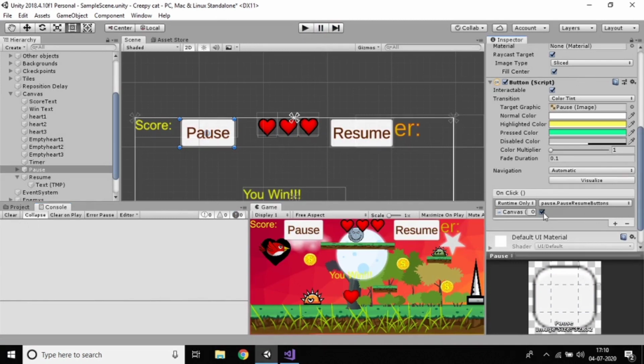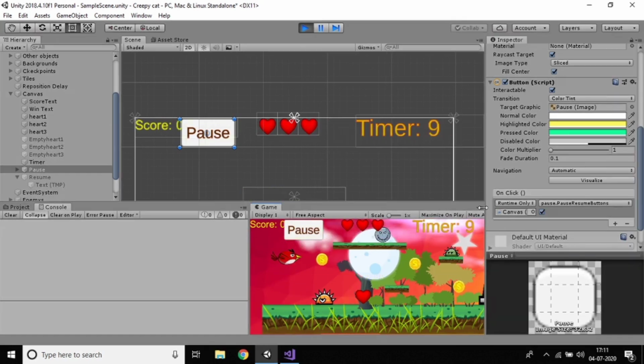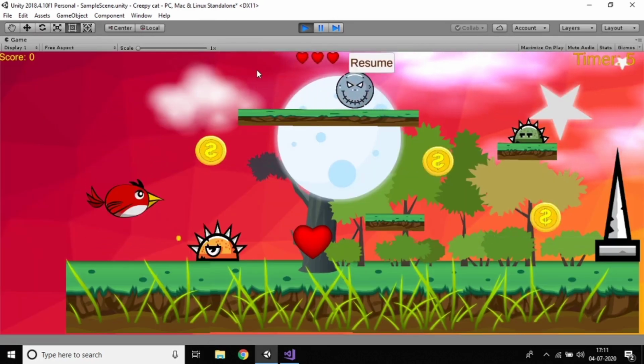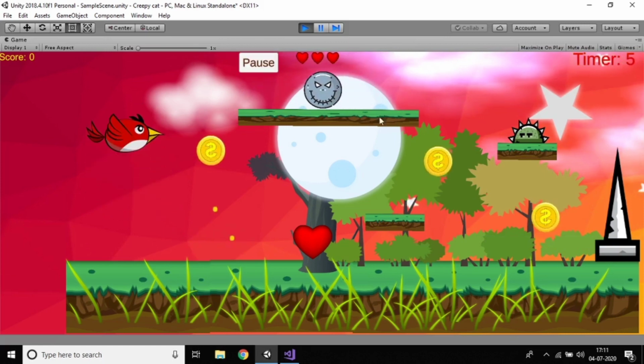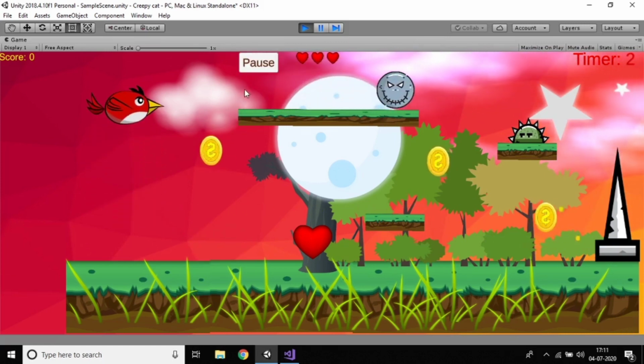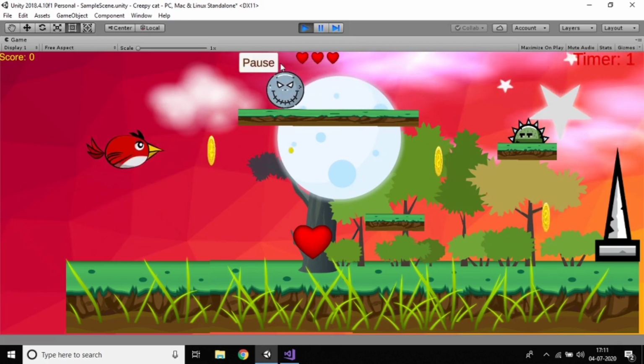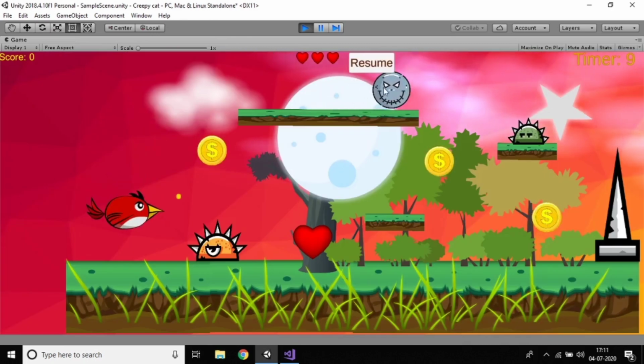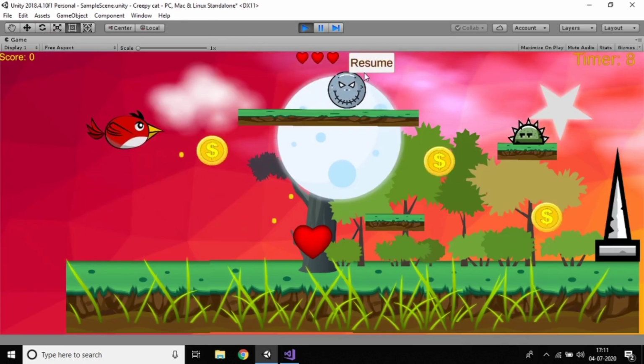Now you can see, because I made it a bool, if it's pause, automatically it should resume, right? It's working now. Initially my pause button only should be true, so my resume button should be false. And if I pause, you can see the resume button. If I resume, my pause button shows again. Yes, it's working. My game was also over. So pause, resume, and you can make a quit button also. You can add it here. So that's it.